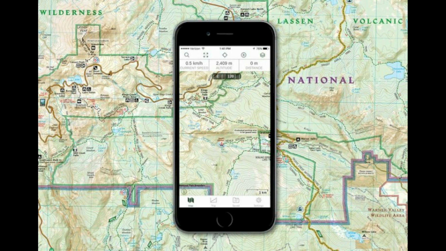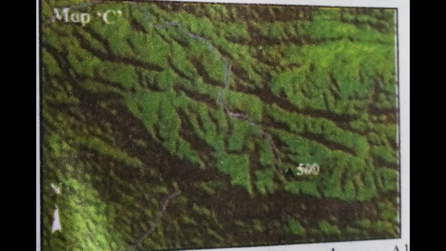In the same manner, we can follow the digital path or the digital reference or the computer maps to reach a particular place. It is a great help.